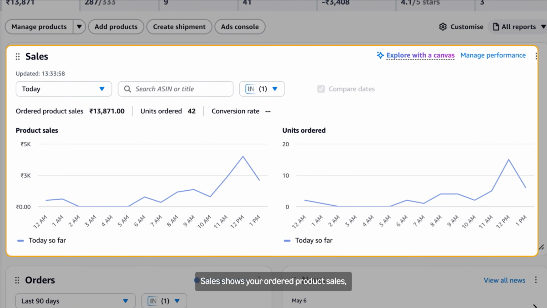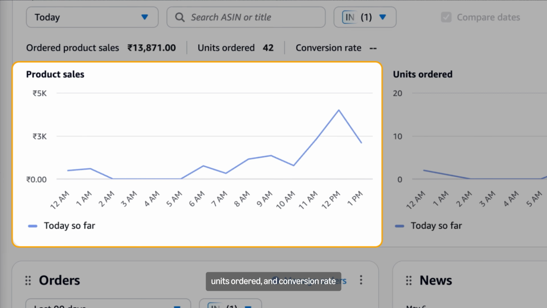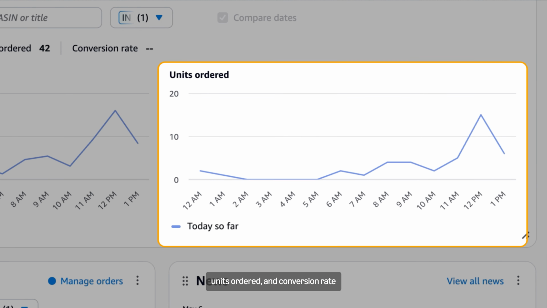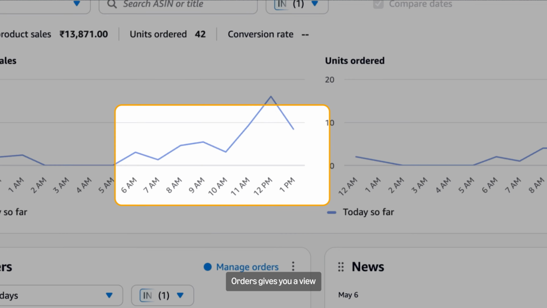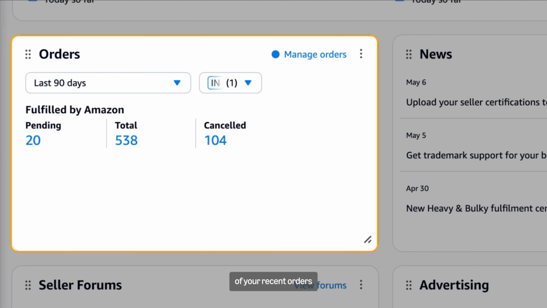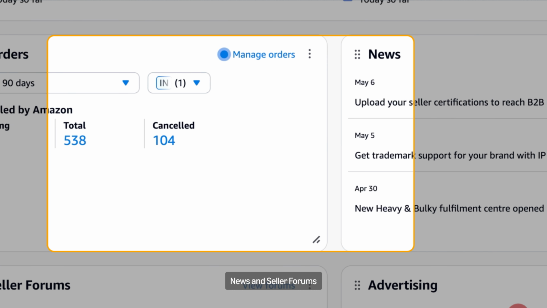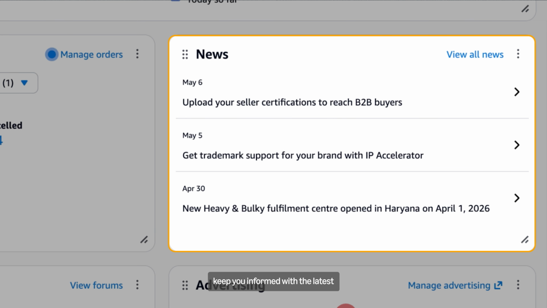Sales shows your ordered product sales, units ordered, and conversion rate for a selected time period. Orders gives you a view of your recent orders and lets you manage them directly from the home page. News and seller forums keep you informed with the latest Amazon announcements and recent community discussions from fellow sellers.